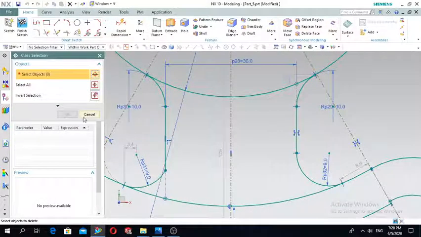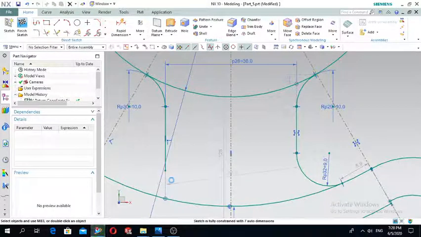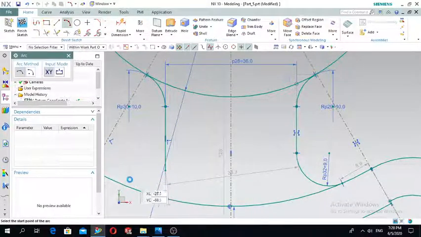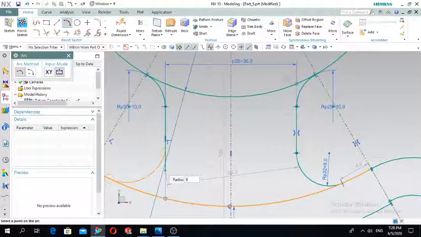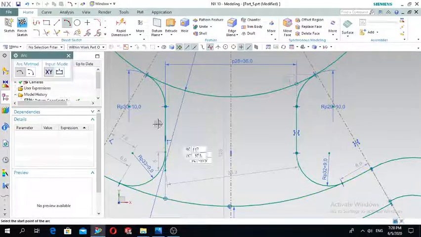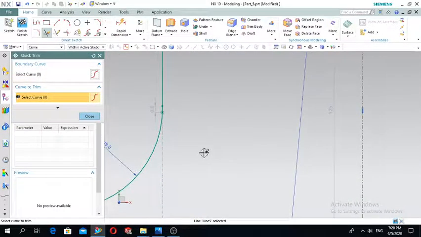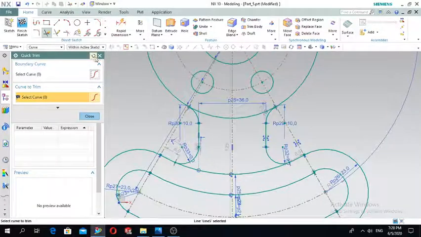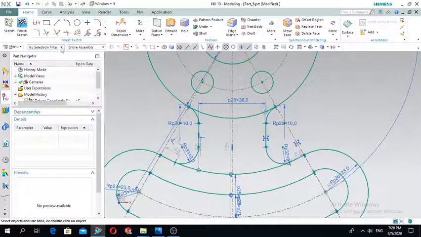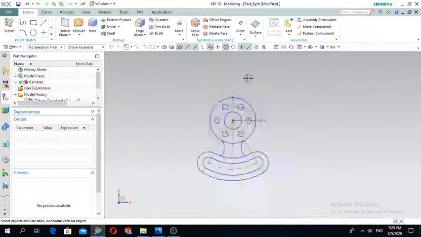Delete this and draw one more arc here. 9, press enter. Okay, and then we can make 3. Now it's finished. Okay, close it, finish sketch,